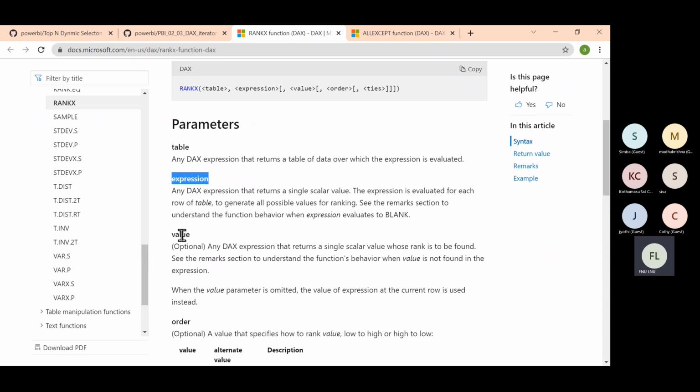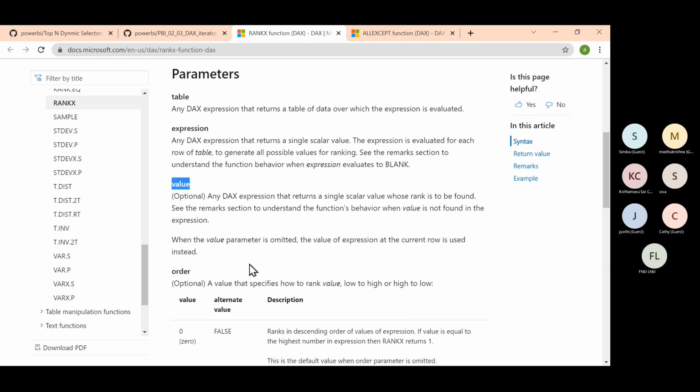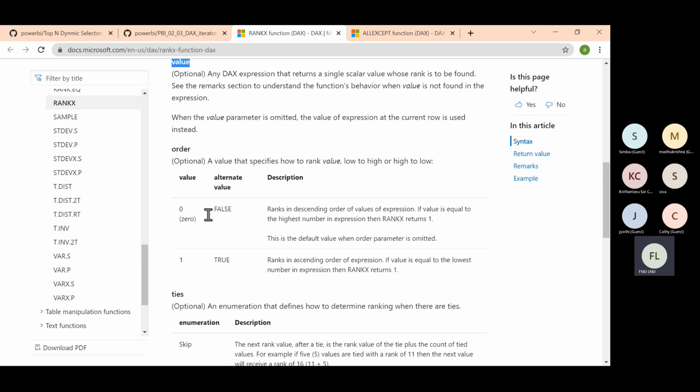Now, next is value. This we mostly will not use. As of now, leave it, that is not required. Next is the available order. Whenever we are giving the ranking,